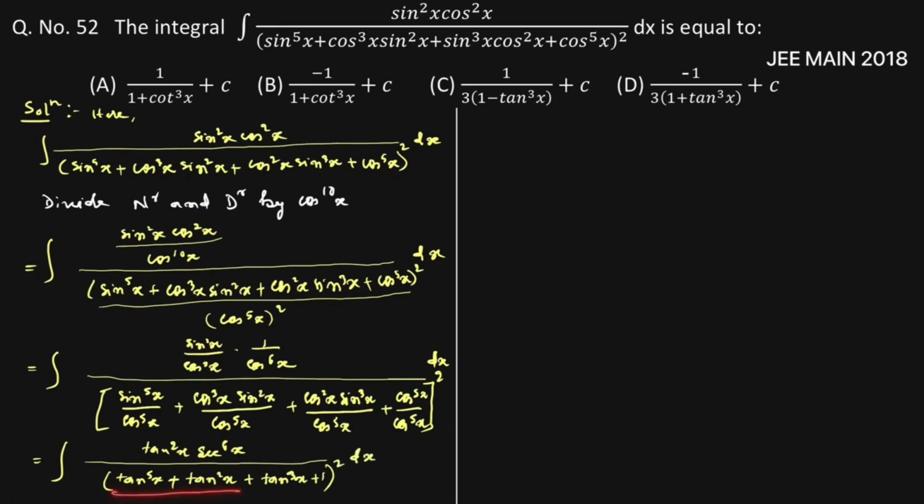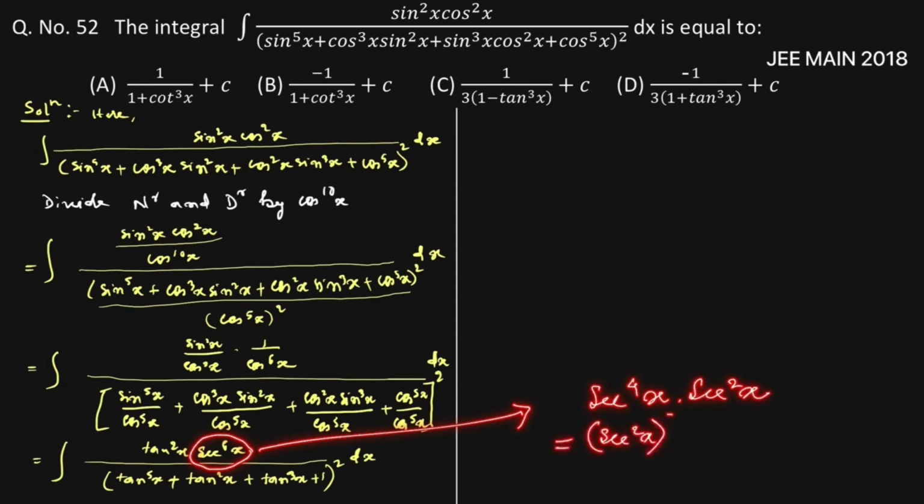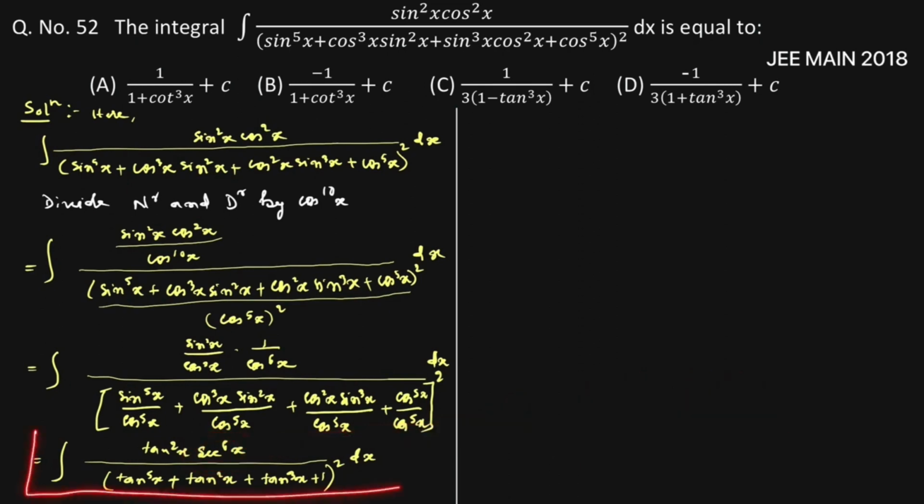Now from these two terms we will take tan square x common, and this we are able to write as sec to power 4x into sec square x, which is equal to sec square x whole square into sec square x. So therefore we are able to convert this in this way: integration of tan square x sec square whole square sec square x